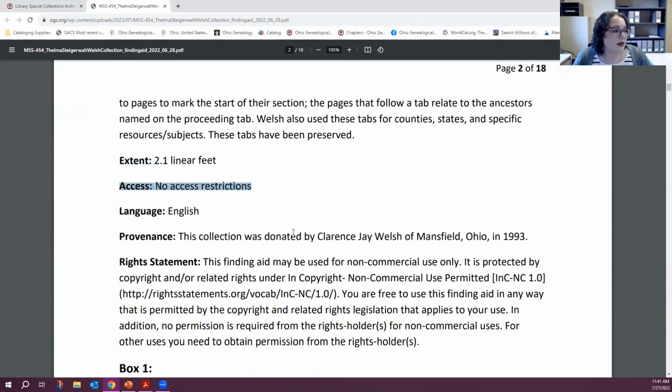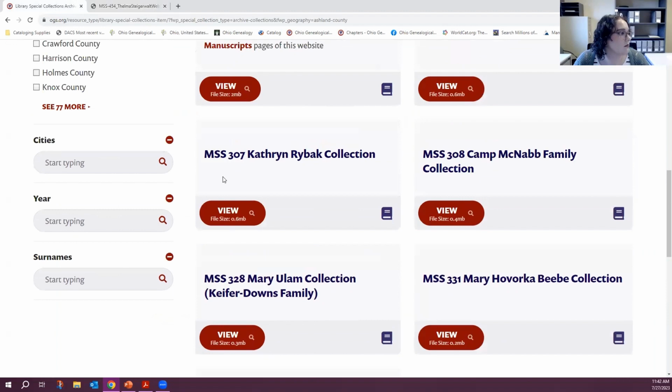So another one to point out is access. Thelma's collection happens to have no access restrictions. However, you will see some collections here that do have access restrictions. So there could be an access restriction for physical access. Some of our collections are oversized and fragile because they are either court dockets or plat books or large county journals that we need to have 2 people handle to get them off the shelf safely. And if I flip back really quick